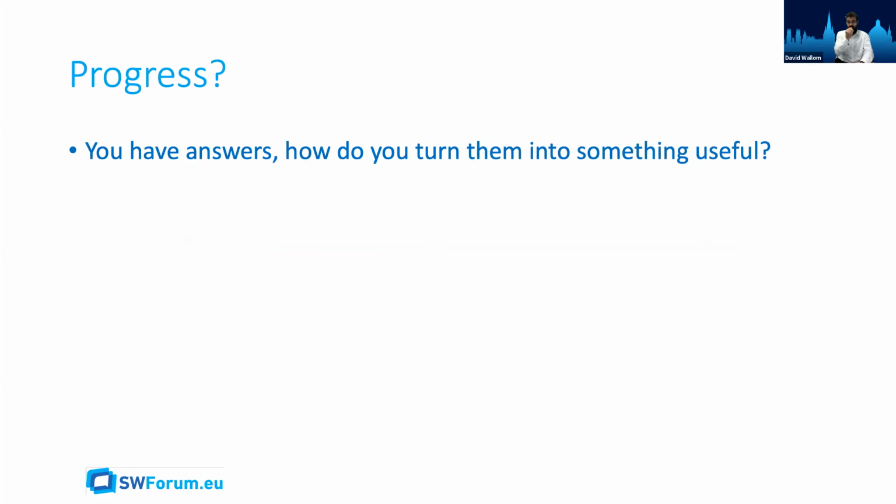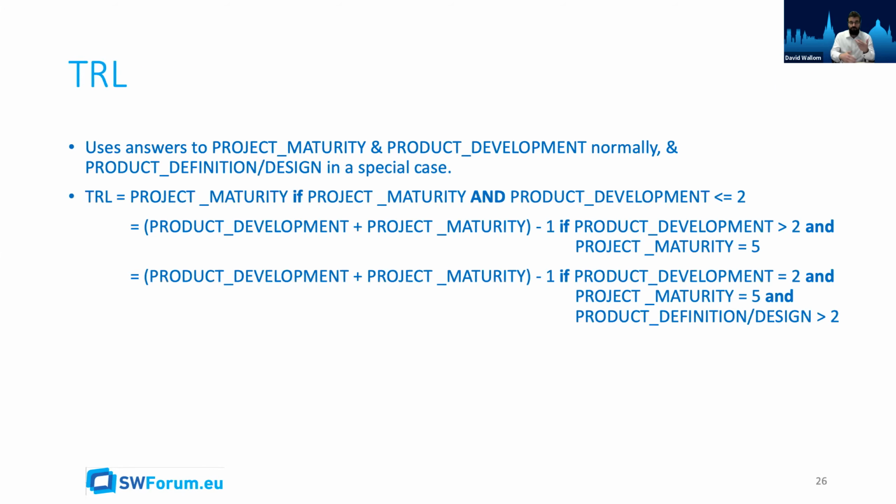So, of course, we've made progress. We've asked you, as a product or project owner, to look through these questions, you've answered these questions, and you've given them some scores. We need to obviously then turn them into something useful in terms of actually creating the understanding of TRL, MRL, and hence MTRL. I'm going to go through TRL and MRL first, and then talk about MTRL. So how do we actually come up with a value from the answers to your questions for